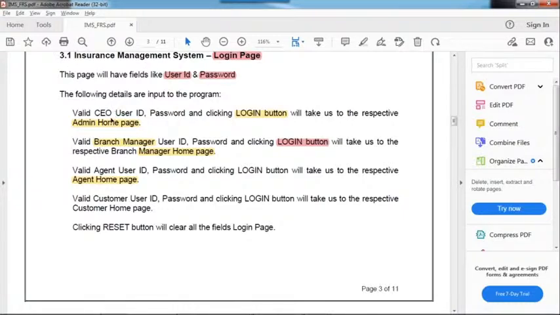You are giving what input? Valid username, valid password. You are giving both valid only. Now you are clicking on the login button. So it will take us to what? Admin homepage. Suppose you are getting the admin homepage, then you can say your application is working as expected. Suppose you are not getting the admin homepage, you are getting some different pages, then you can reject it. Simply you can reject it. Hey, it is not working as per the given requirement.